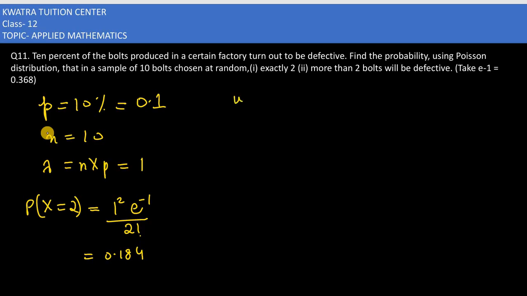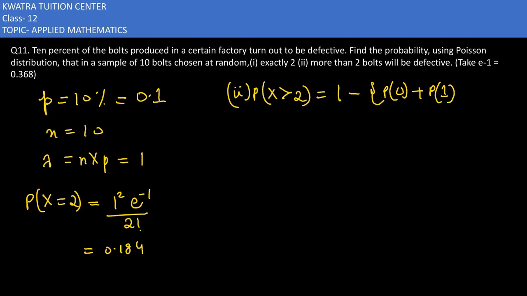Then they are saying कि more than 2 bolts will be defective. उसके अंदर क्या होगा? x is greater than 2. तो मतलब 2 वाली वैल्यू भी हटानी पड़ेगी, 0 वाली भी हटानी पड़ेगी, 1 वाली भी हटानी पड़ेगी from the values, क्योंकि टोटल वैल्यू हमारे पास क्या रहने वाली है? प्रोबेबिलिटी would be 1 in this. It's P2. तीनों वैल्यूज हमारी टोटल होंगी और किस में से सब्ट्रैक्ट हो जाएंगे? From 1. So I would have 1 minus e to the power minus lambda रहेगा यहाँ पे, and then lambda